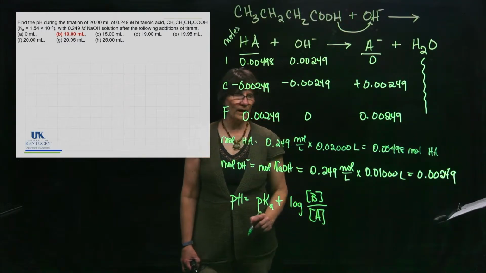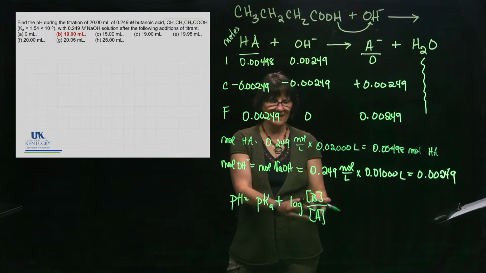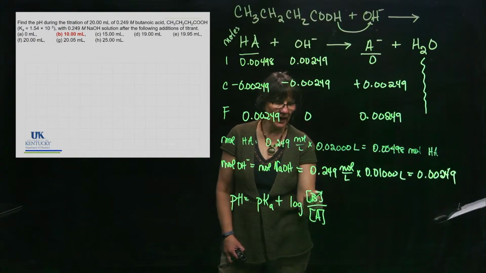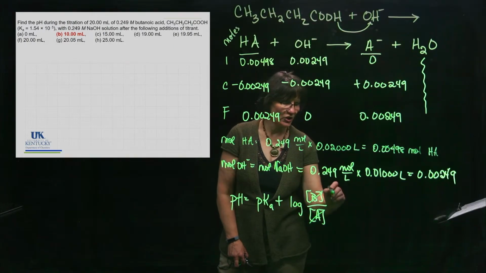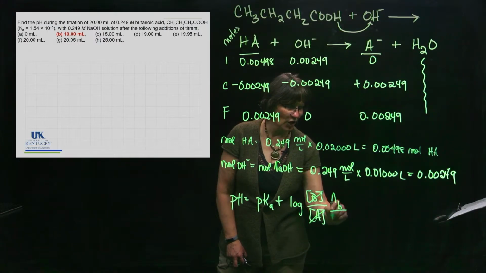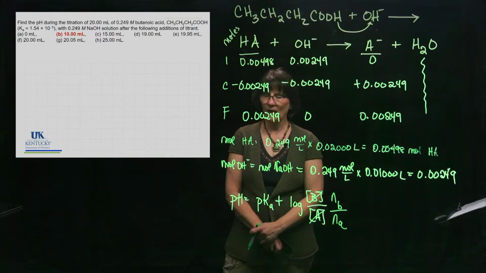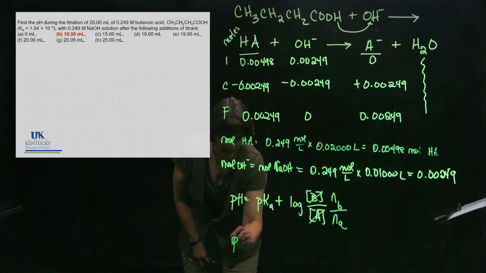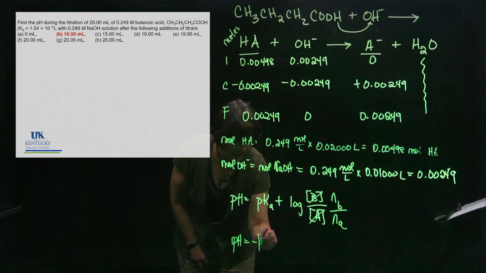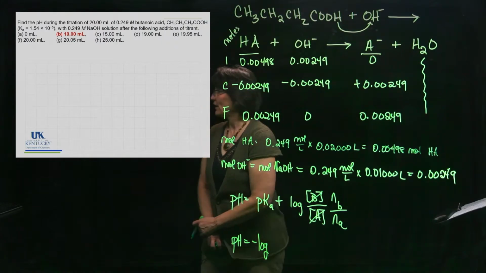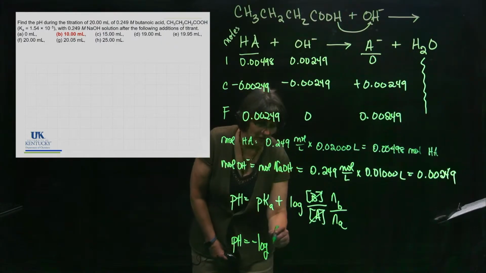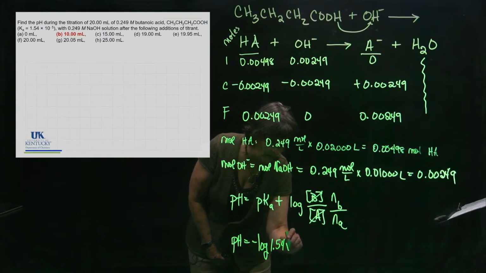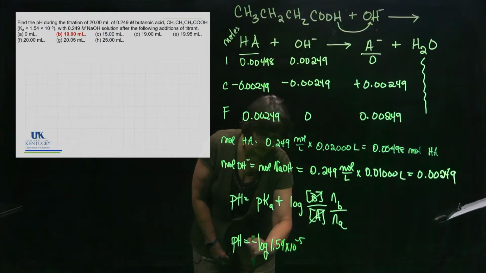Now, what we know is they're both in the same solution, they have the same volume. We can replace the concentrations with the moles of the base over the moles of the acid. And now we can start plugging some values in. pH equals pKa, which is the negative log of the Ka. They told me the Ka value is 1.54 times 10 to the minus 5. We take the negative log of